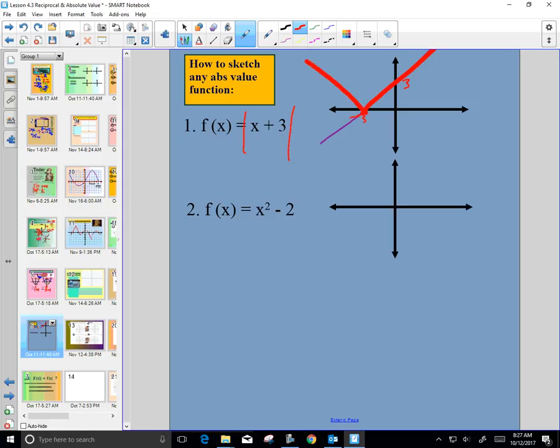Flips up. So you can see this flips up to here. How many had the V for that? Any questions on that? So you just draw it regular, flip up the negative. Use that to graph this one. X squared minus 2. That's kind of easy, but